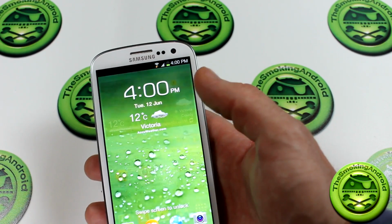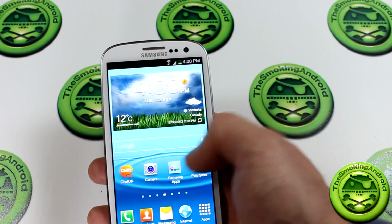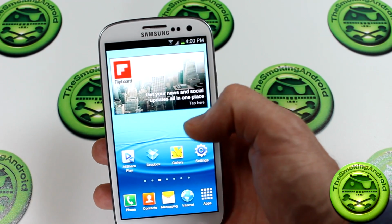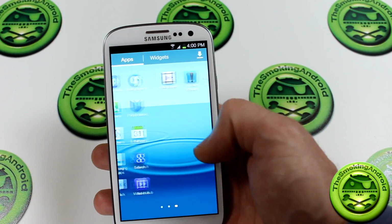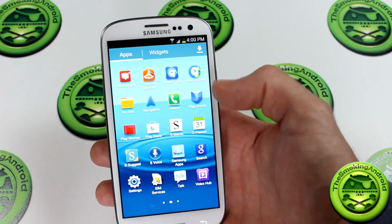So we'll go ahead and we'll just swipe up like that. And this is literally exactly what you'll be looking at. And I'm assuming that the North American version won't be too much different, with the exception of some of the apps in the app drawer. So now we're just going to go ahead and take a quick little gander at some of this stuff here, just because,